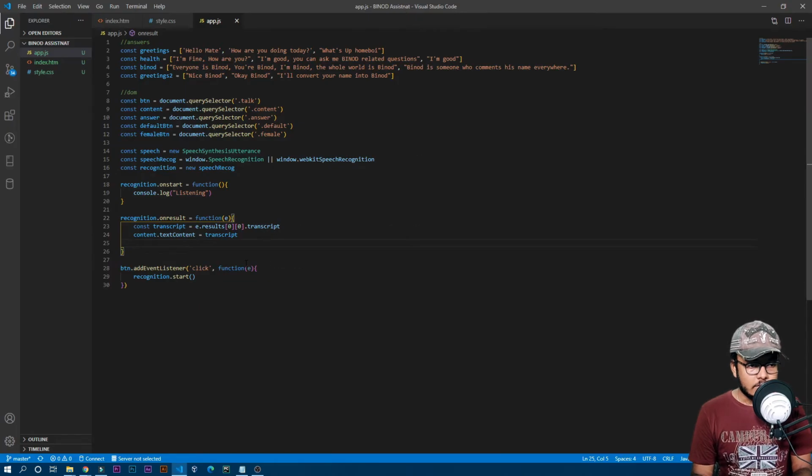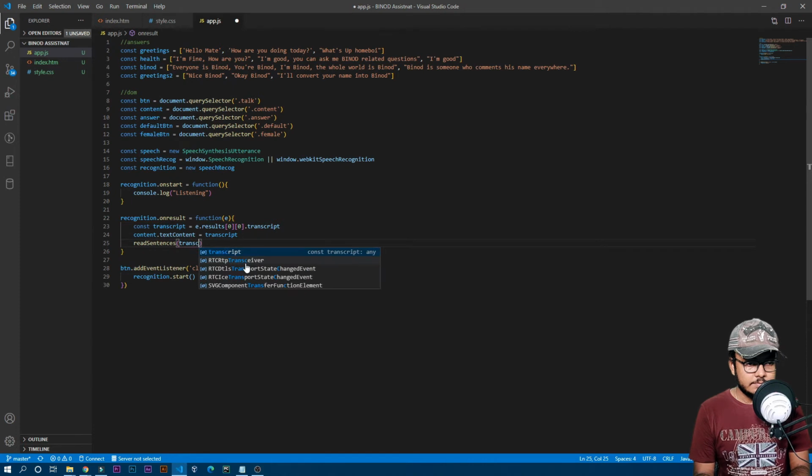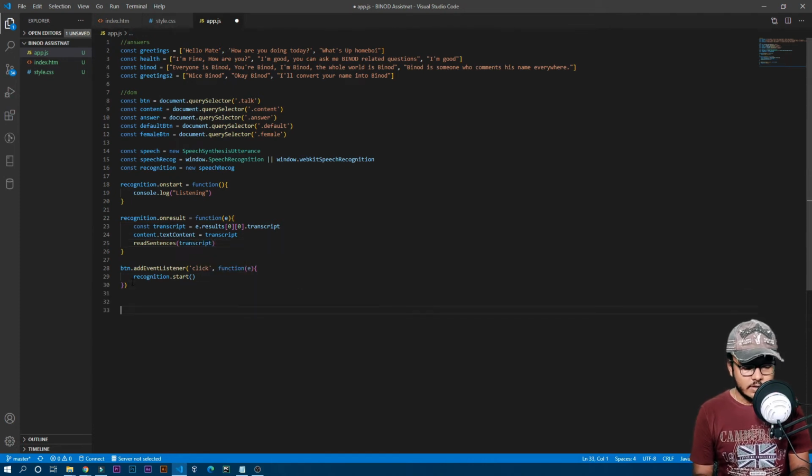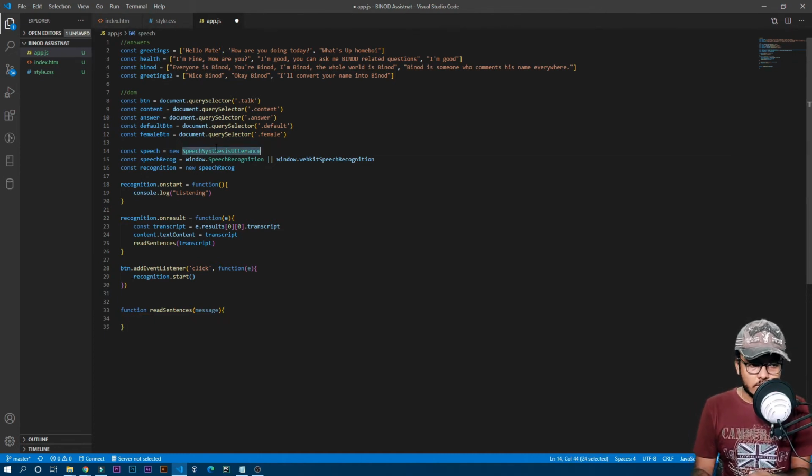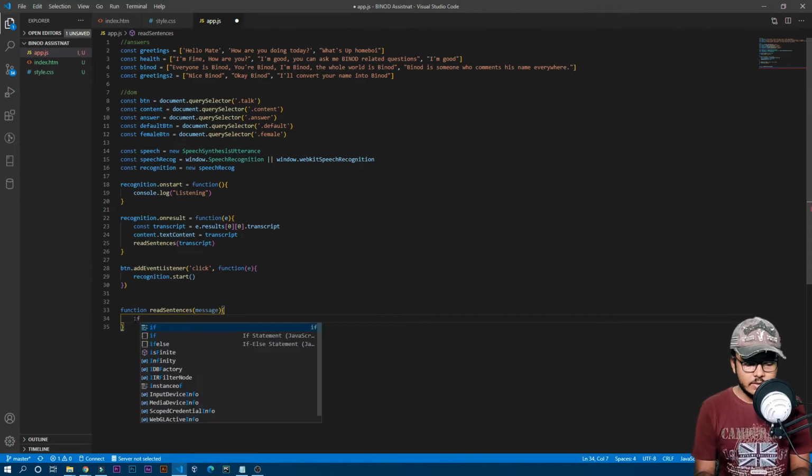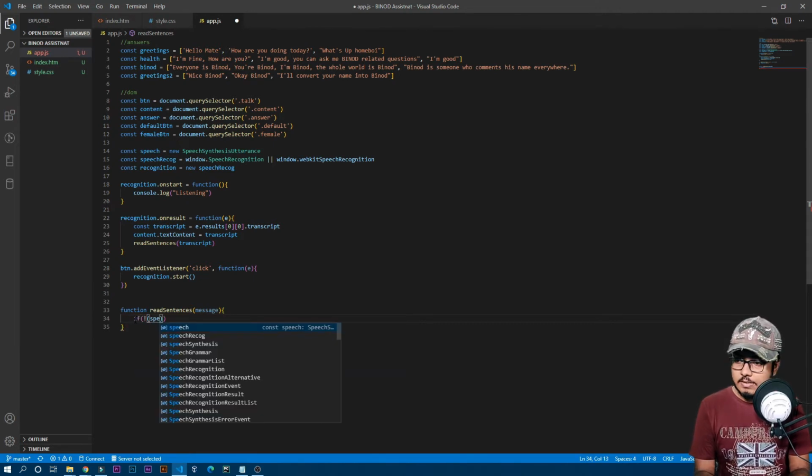Now we will call one more function, that is readSentences. It will obviously take the transcript. Now let's make that particular function. So function readSentences, and it will take the message. First we are going to check whether the browser supports this speech synthesis utterance or not. If the browser doesn't support it, it will just show an alert that your browser doesn't support this, just change your browser. If not speech synthesis,